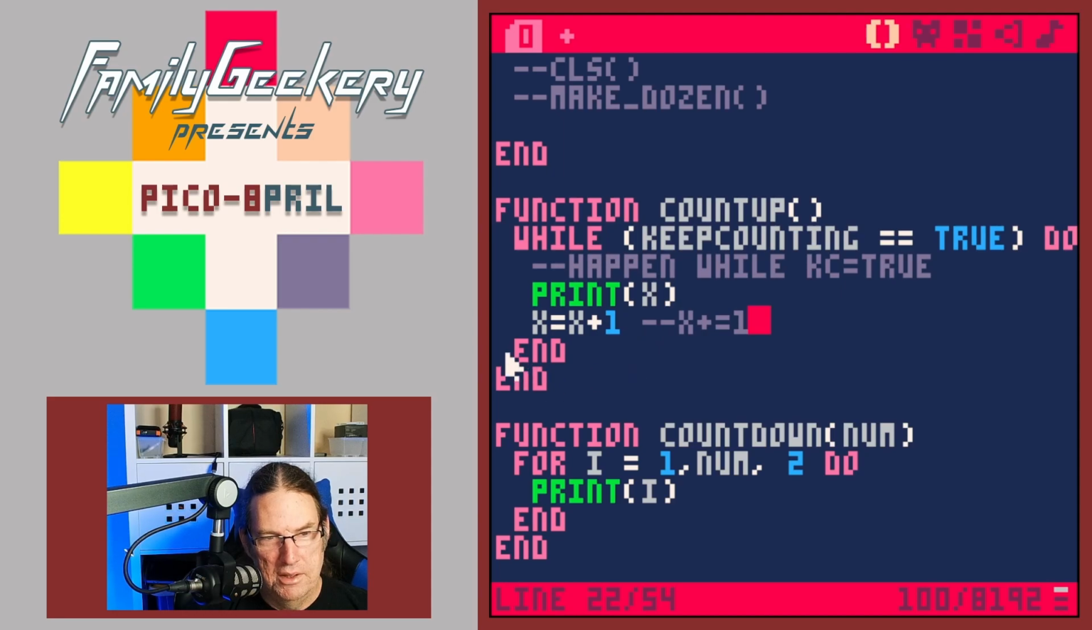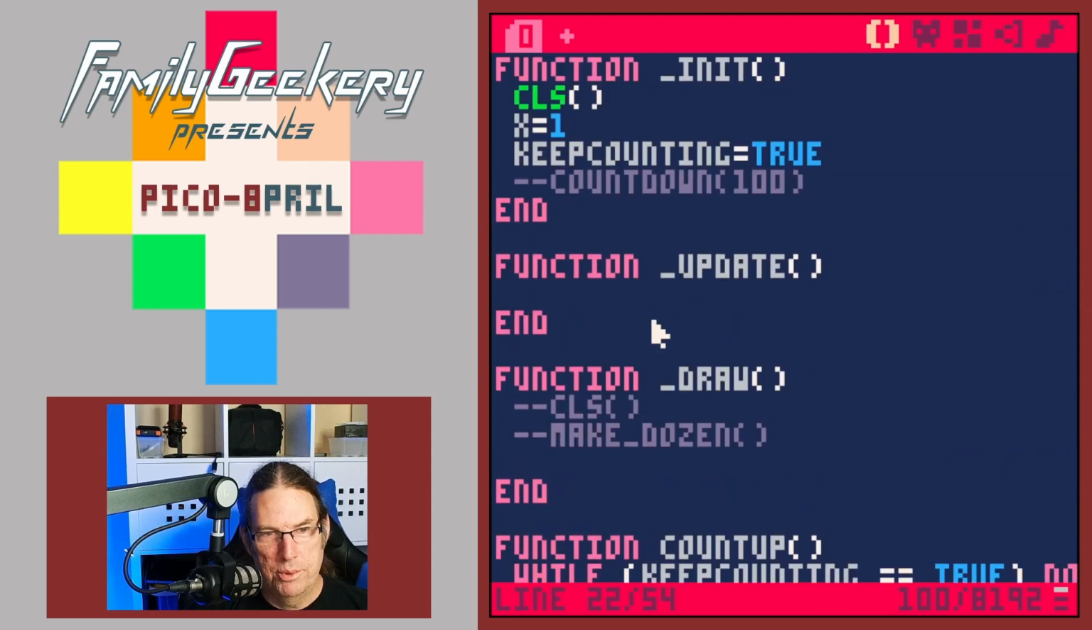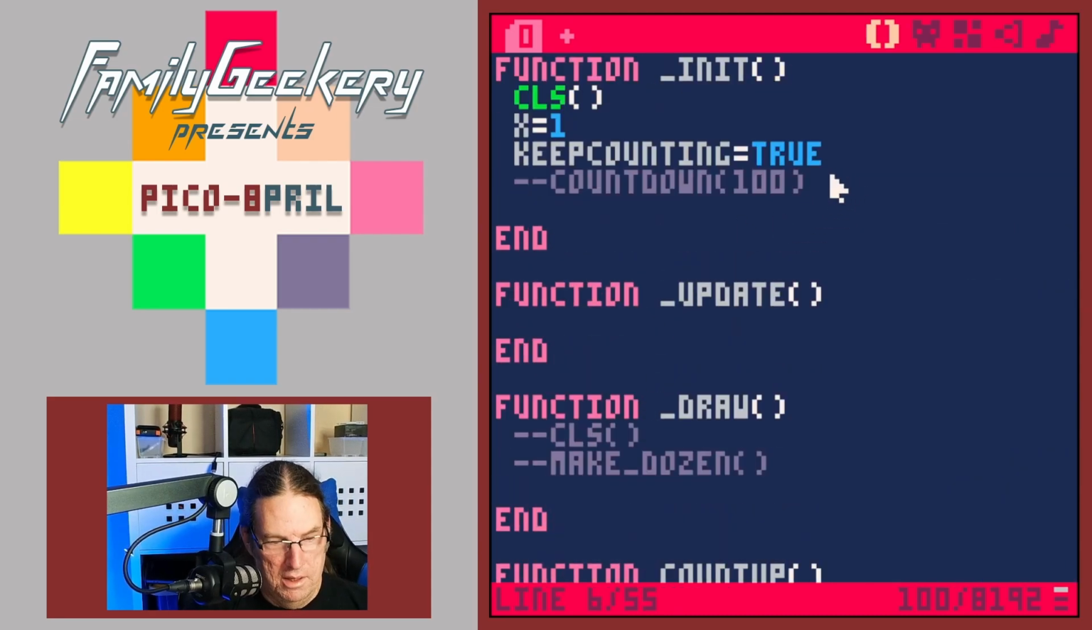It's going to come to the end here. It's going to come up to the while thing. It's going to check this condition again. Are we still, is keep counting still equal to true? Yes. So print the 2, make it 3, loop around. Is it true? Yes. Print the 3, make it a 4, come around, and it's just going to keep on counting up. So let's see at this point, if we call count up,